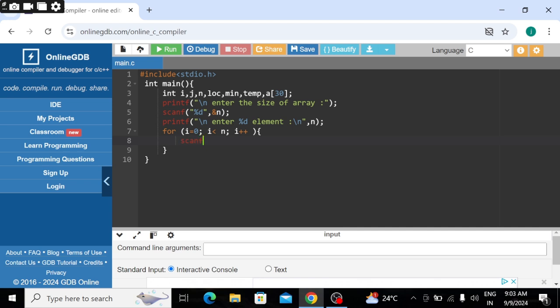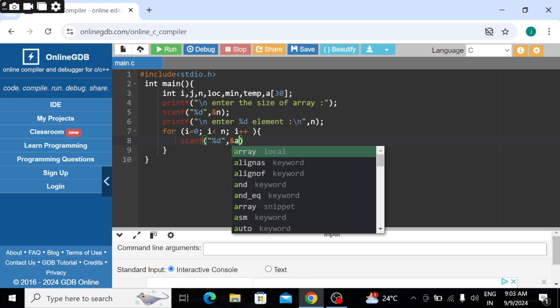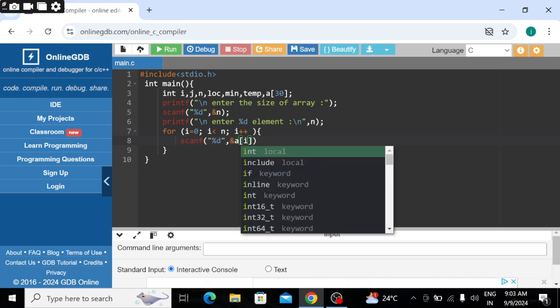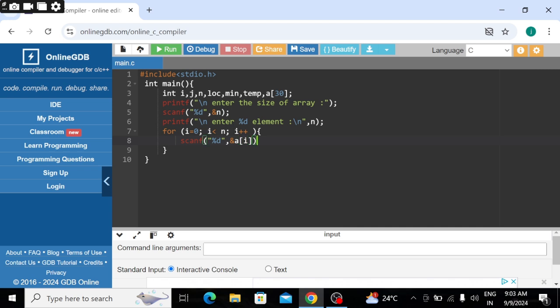In it we use the scanf function. scanf is an input function in the C language. %d and &a[i], where i means indexing. End with a semicolon.